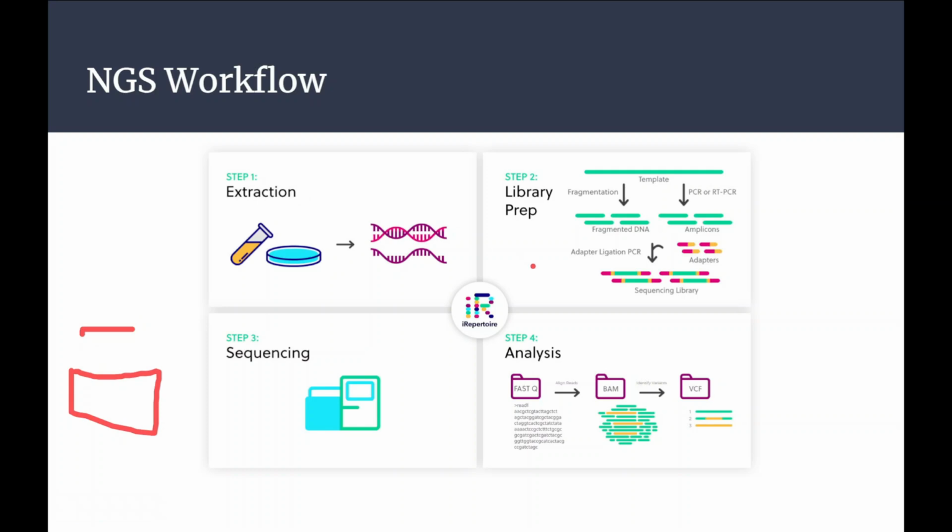So what do we have to do in library preparation? The DNA we are extracting from the samples is a big stretch of DNA, more than 150 base pairs, let's say. This does not fulfill the condition for the sequencer, whose requirement is 150 base pairs or less. So we have to do fragmentation, which means a bigger template, a big stretch of DNA, we need to fragment into fragmented DNA. This is the fragmentation part.